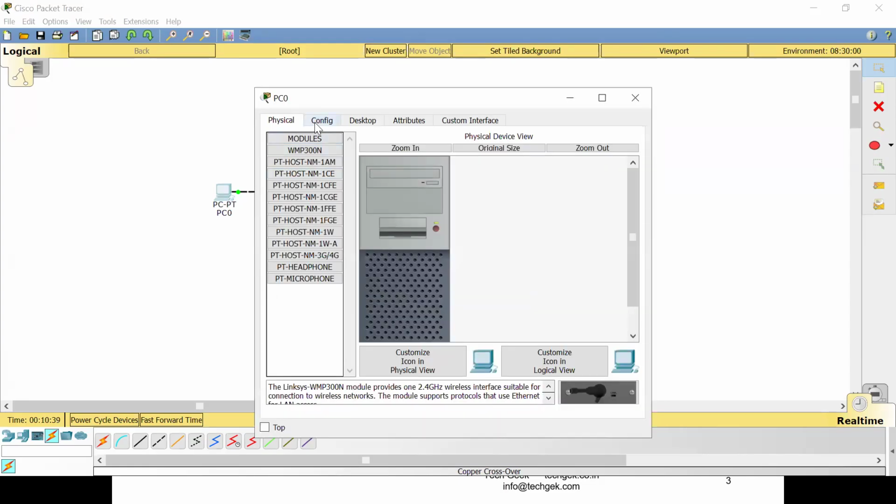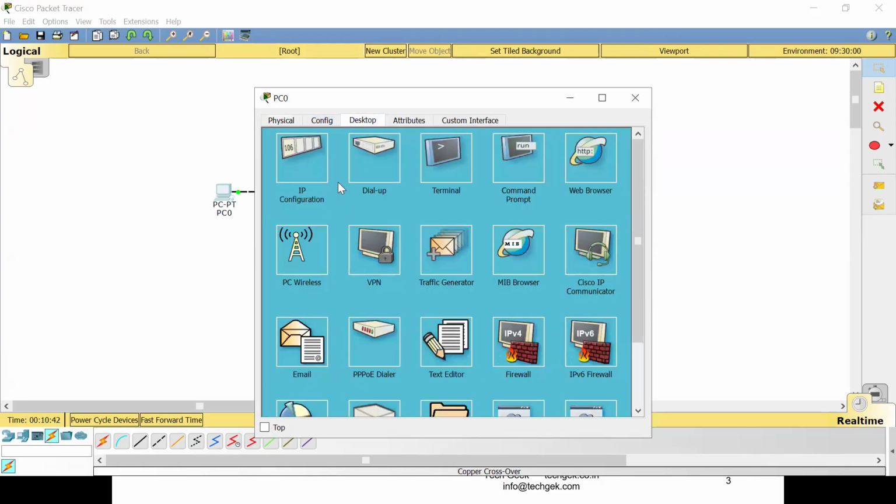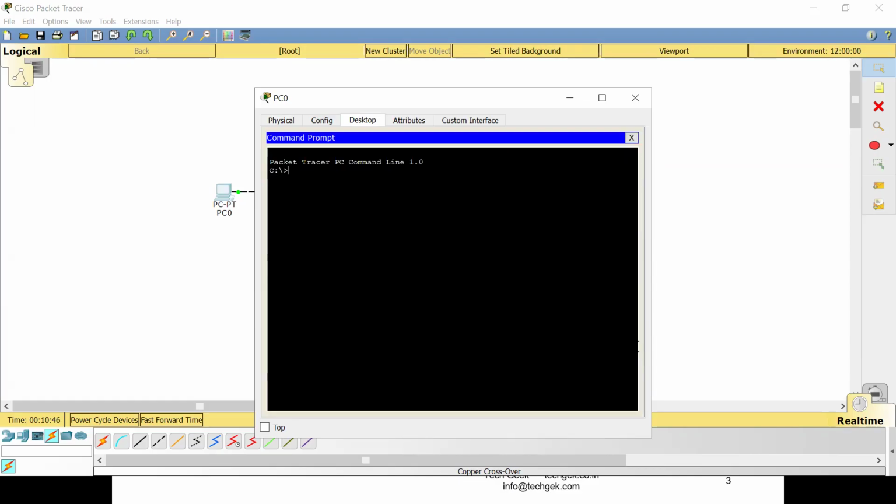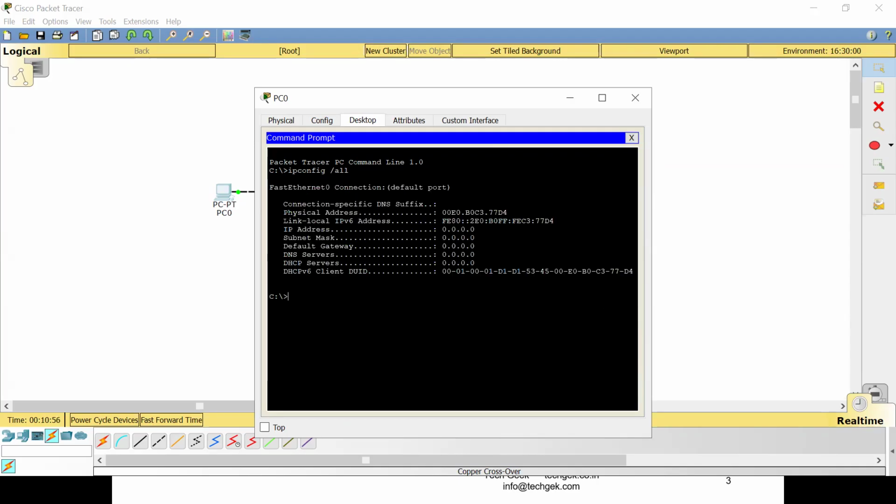When we see the configurations of these computers, every computer connected here also has a physical address. Let me show you that. For this particular computer, I have the physical address here. It is separated by dots here, but in Windows it is separated by colons. This is the MAC address, the physical address of the device.